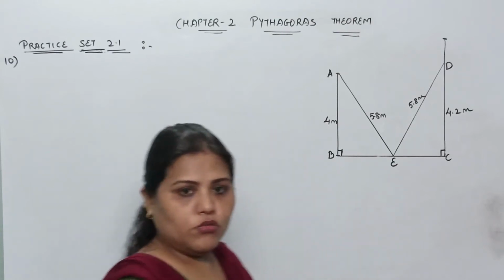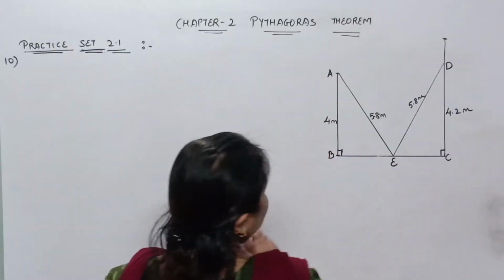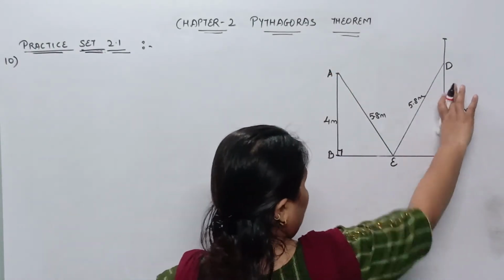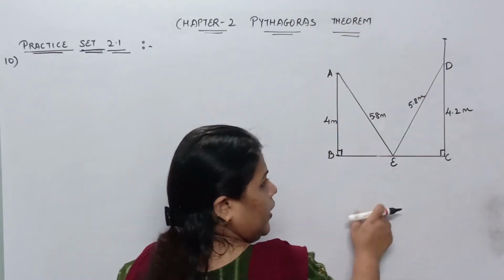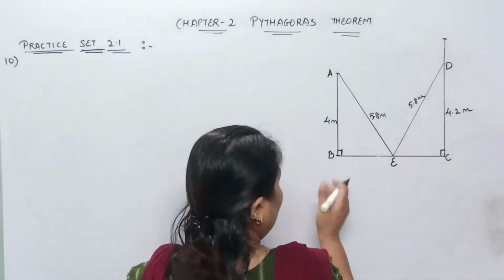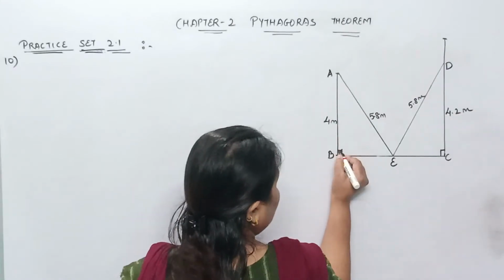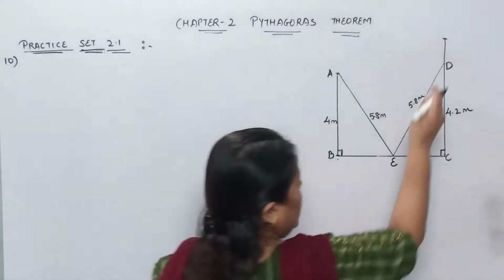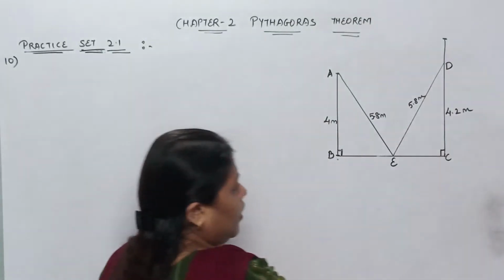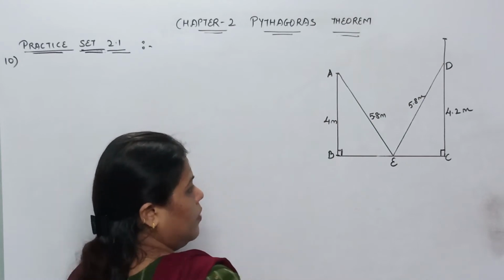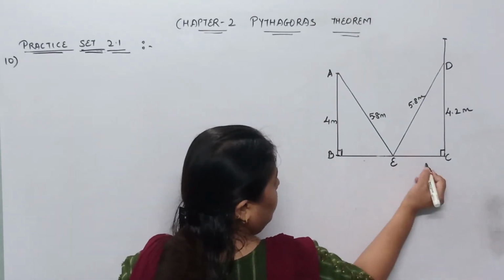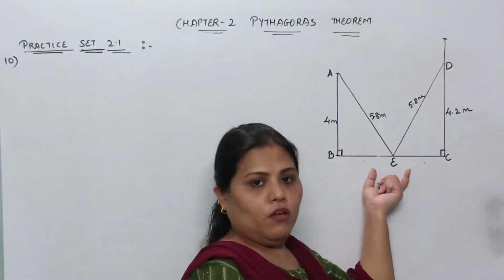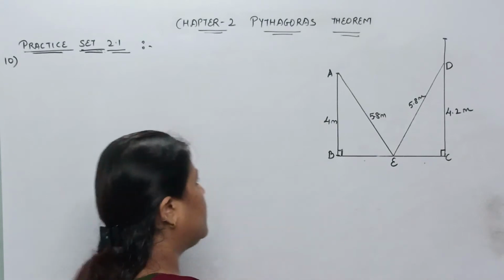Okay, so let's see how to solve. See here, in this diagram, AB is parallel to CD and AE is equal to ED because that is the length of the ladder. As these are the buildings, so we can say that in triangle ABE, angle B is 90 degree. Same is the case with DCE. If we apply Pythagoras theorem here, we can get the value of BE and EC, so that we will add them together so as to get the width of the street. Okay, so let's start.